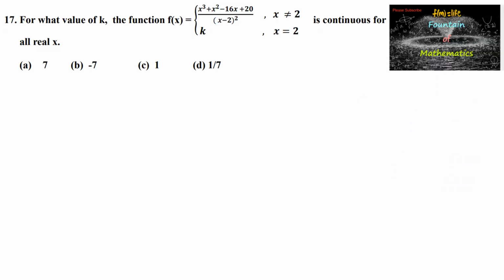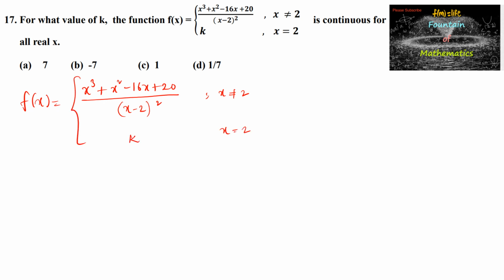For what value of k is the function f of x equal to x power 3 plus x square minus 16x plus 20 upon x minus 2 whole square, for x not equal to 2, and for x equal to 2 it is equal to k, continuous for all real x? Since the given function is continuous,